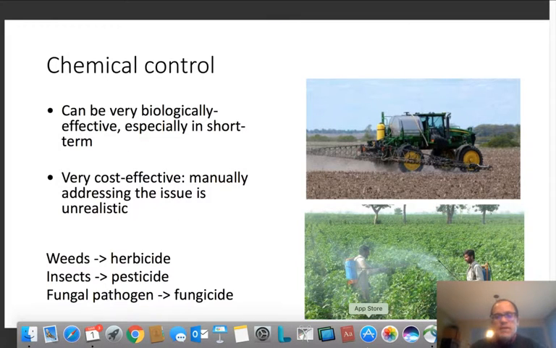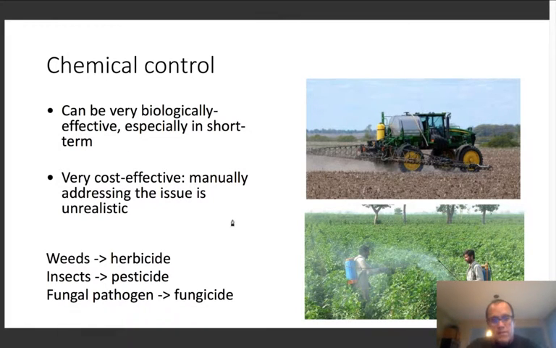So how do we attack these things? Well, you might imagine we spend quite a lot of time using chemical controls in many different instances. And you can see down on the bottom right, in some parts of the world, these are people walking through the field spraying. I wouldn't want to be downwind of the guy on the right there, but that's what it looks like is happening. It can be cost effective